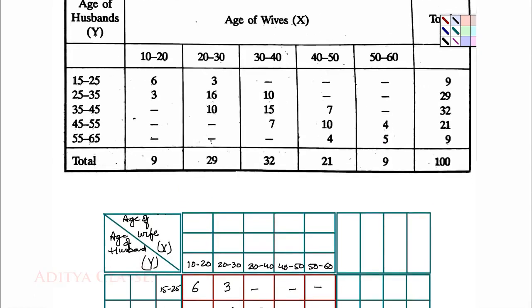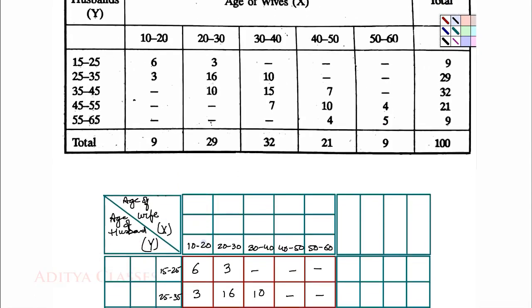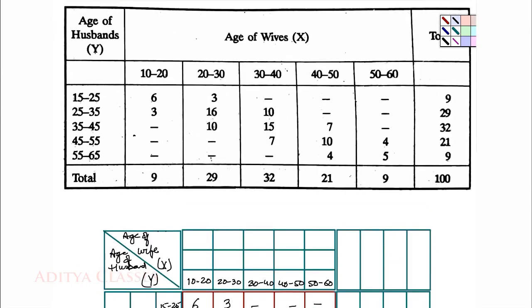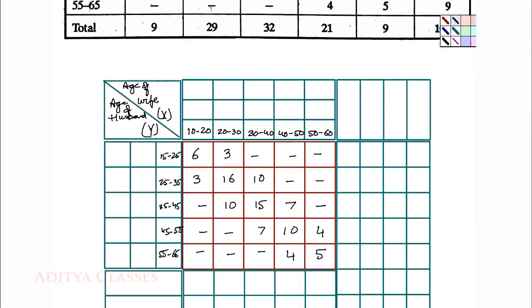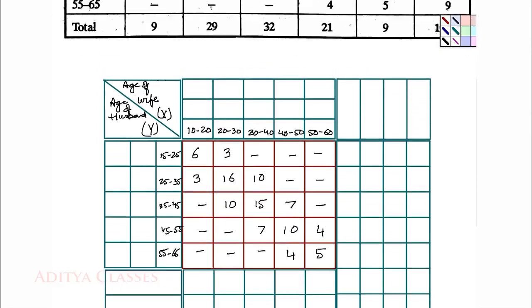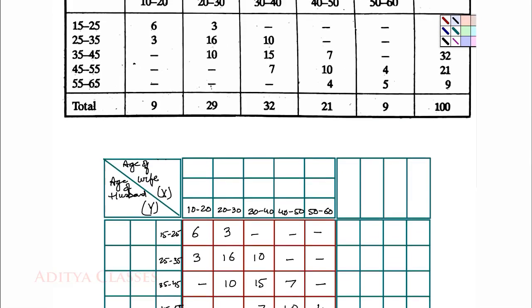We can check here. We have age of wives 10, 20, 30, 40, 50, 60. Then we have age of husbands, which is 15, 25, 35, 45, 55, 65. Then the frequencies. When husband's age is 15 to 25, at the same time wife's age being 10 to 20,